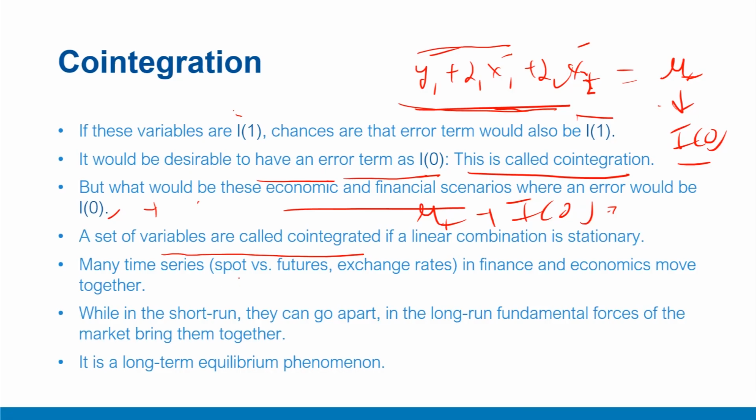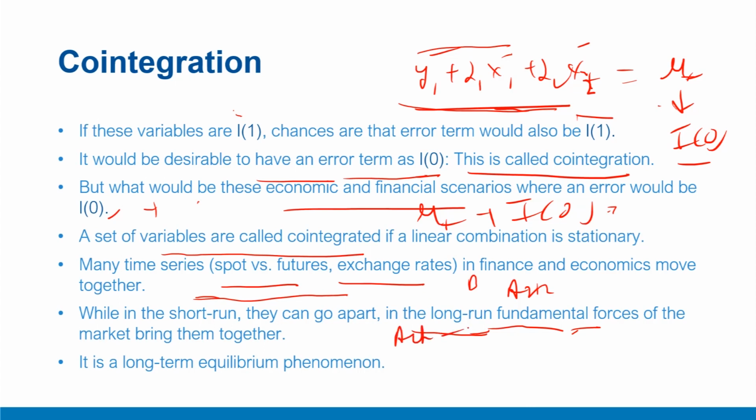In finance and economics, many time series variables such as spot and futures rate, exchange rates, and like I said, bid ask spread, which is the gap in ask and bid, or rather a linear combination of ask and bid, is found to be stationary. The idea is that in such series where there's some fundamental economic and financial relationship, in the short term, temporary disturbances can make them go apart, but because of these fundamental influences providing that structural relationship, in the long run, these fundamental structural forces will bring them together.